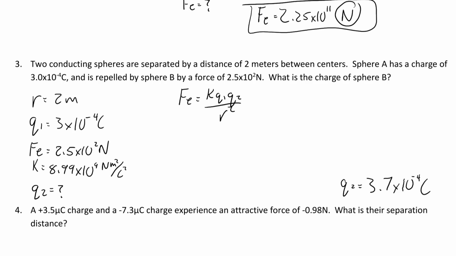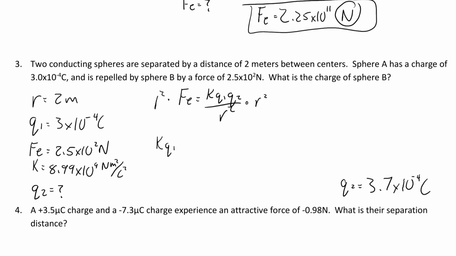We're not going to actually do it with numbers. And then when we get an equation for Q2, we're going to solve for Q2. Then we'll plug in the numbers, and we could just do it all in one shot in our calculator. It's the same thing. If you are not comfortable doing that, just watch this anyway. Maybe you like it. So you cross multiply or multiply both sides by r squared, and you wind up with